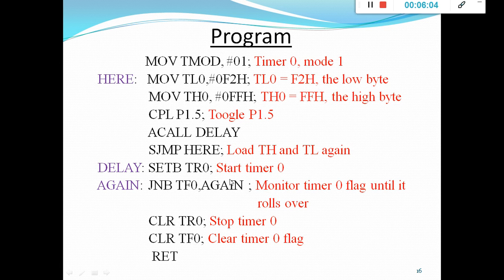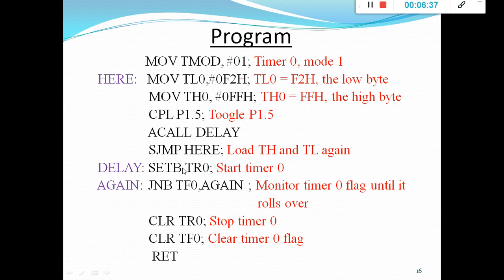I told you that when you are using a subroutine program, there must compulsorily be a RET instruction. If you don't write the RET instruction, it will not go back to the main program. So to go back to the main program, there must be a RET instruction. Once it executes RET, it will jump back to the SJMP instruction. It will not point to the call, the call is over now. So now it will point to SJMP here, and again it will start the same program. So this is the program I discussed for timer 0 and mode 1.